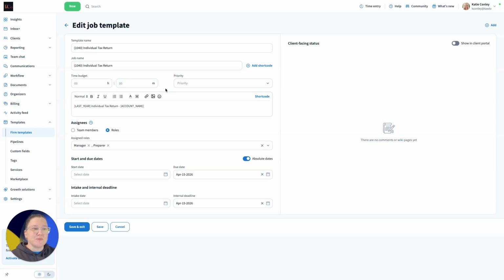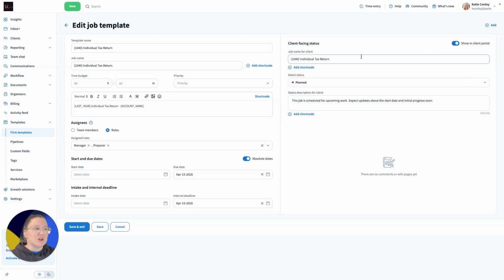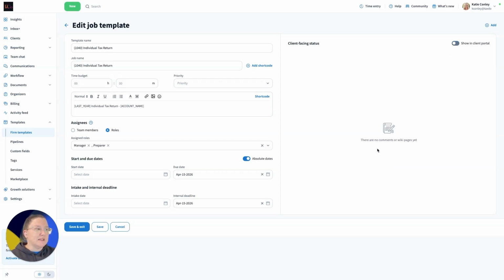over the time. For your priority, you can choose how important this job is, and you can choose from any one of these options. You're also able to select a client-facing job status to start off your job, or add, and then you'll be able to add comments or wiki pages to your job once you set it up. We're going to go ahead and save and exit, and we're going to set up a job to show